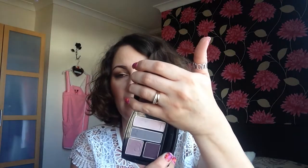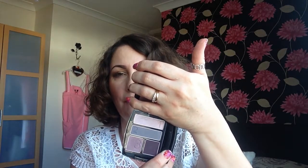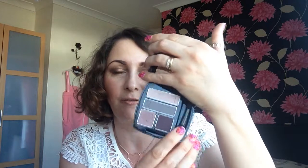a lot of other palettes that I use, especially with a shimmer in it, it does tend to last all day. So for example, when I'm taking off my makeup, I do tend to check out how well it's lasted, and a lot of products are still as they were, especially if they're, like I say, shimmery eyeshadows. They do tend to stay exactly as you've put it there. I do tend to have a lot of good luck with that, but this one, it had actually faded a